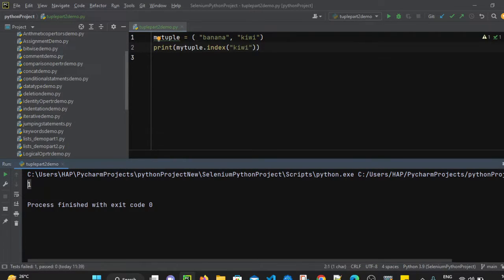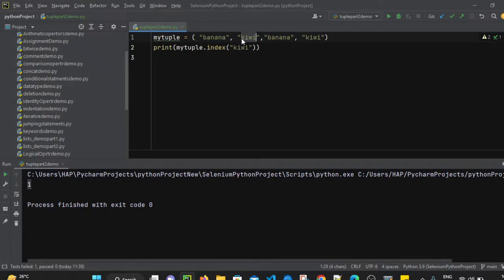Now, it will always return the first occurrence. For example, if I repeat the kiwi, I am just repeating the values one more time, pasting them again. So now this tuple contains banana 2 times, kiwi 2 times, but the index method returns the first occurrence. Now what is the first occurrence of kiwi?